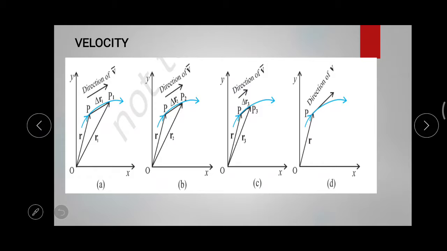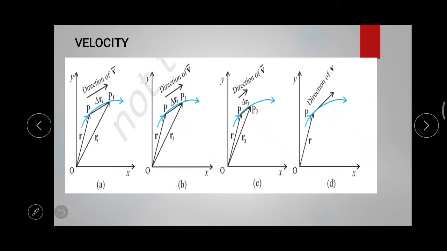Okay. So position vector and displacement vectors are clear. Now let us come to the velocity. Velocity is actually the average velocity we are defining first. The average velocity is the displacement divided by the time taken for that particular motion, meaning delta r by delta t, that is the average velocity. The method to find delta r we have already derived.